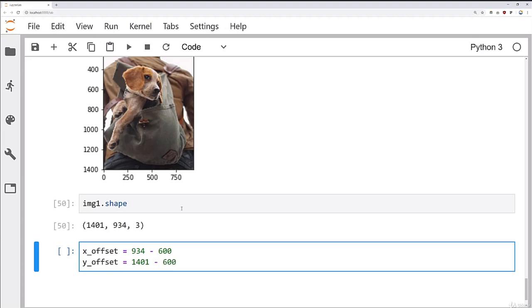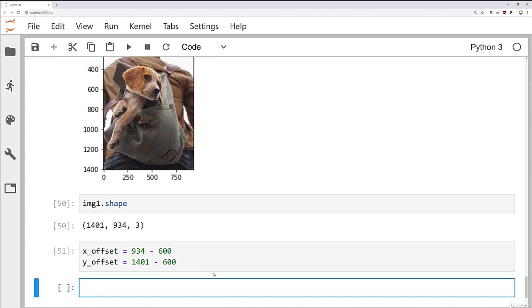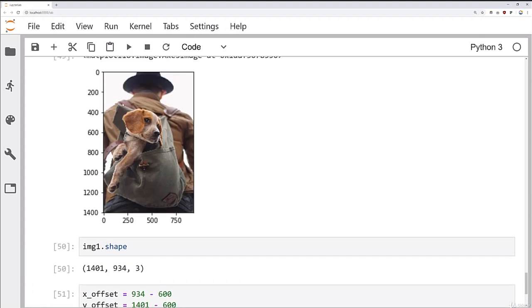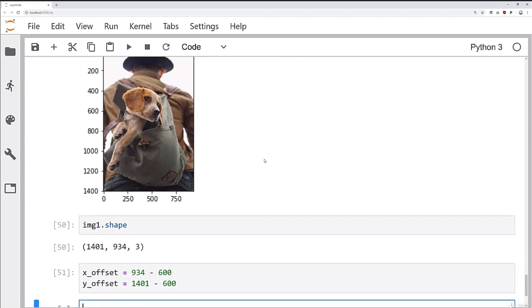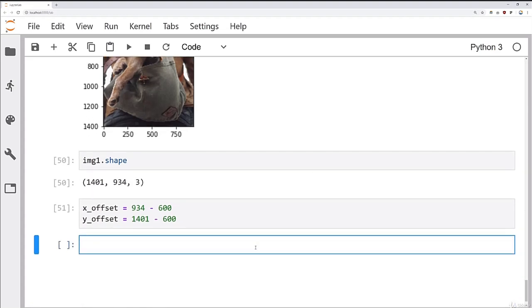And that's going to then allow me to calculate the top left corner that is 600 away from the ends of both x and y of the larger image. So that is my x offset and y offset for the bottom right corner, essentially the opposite of setting 0, 0 for the top left corner. Now what I want to do is create an ROI of the same size of the foreground image. The foreground image is simply the smaller image that is going to go on top. And if I check out